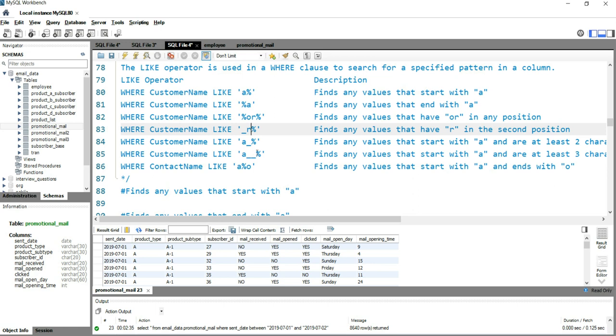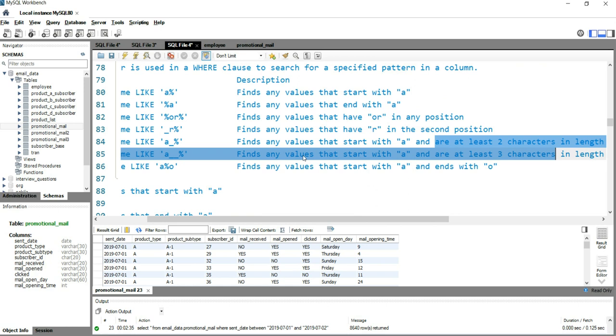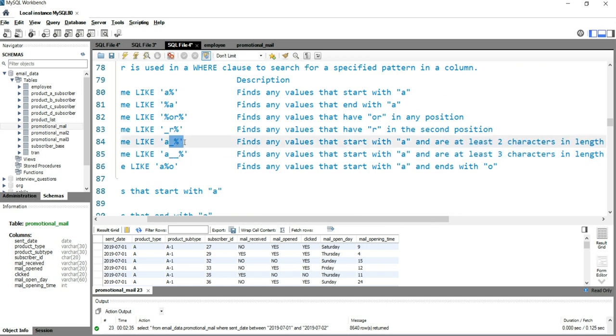I'll show you in the example. And then percentage. So if you have to find any value that starts with a particular character and is at least 2 characters in length, then you will be using this pattern.